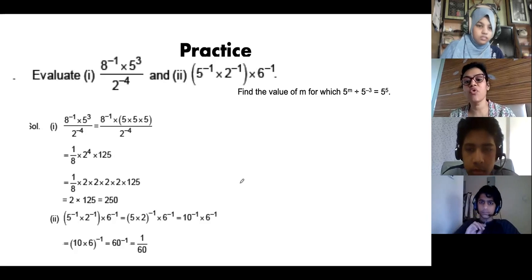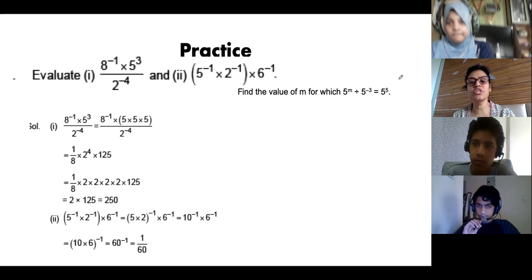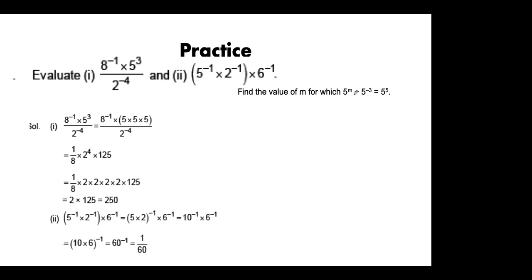Now this type of question is also very common in exponents. How do we do these questions? Just pay attention. I'll solve it here and then you will understand. All the bases are the same, so you don't have much of a problem. 5 raised to m divided by 5 raised to minus 3. So what will be my next step? When division is there and bases are the same, what do we do? Powers are subtracted. This is the law.